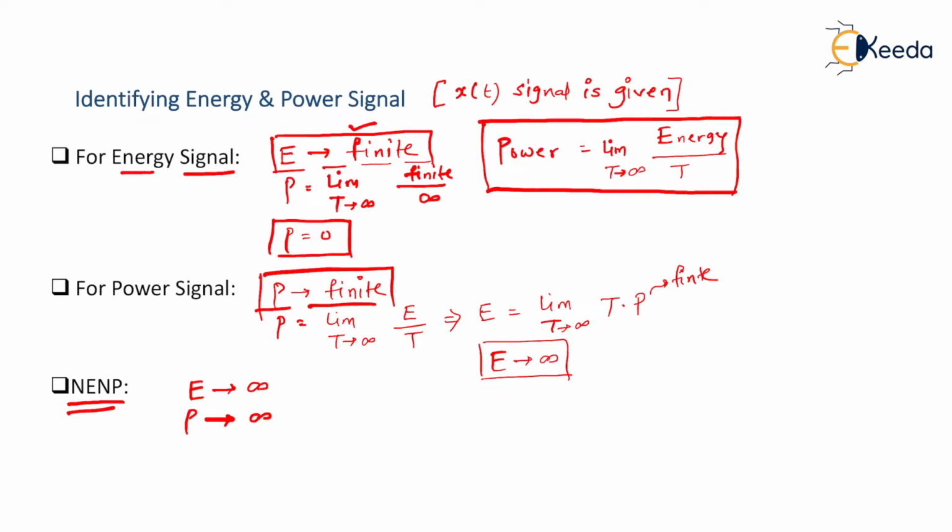Better we should have some trick. I mean, just by observing the graphical characteristic of a given x(t), one can easily identify whether it is an energy signal or power signal. But to go to that level, first of all, we need to solve the problem using the classical approach. That classical approach means a traditional approach. So let us begin with this.